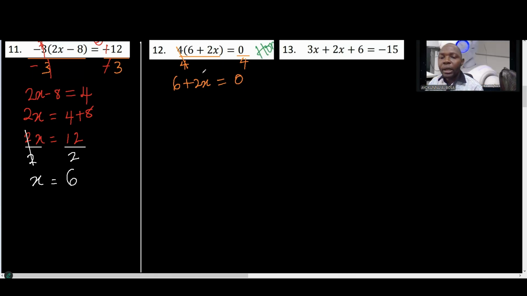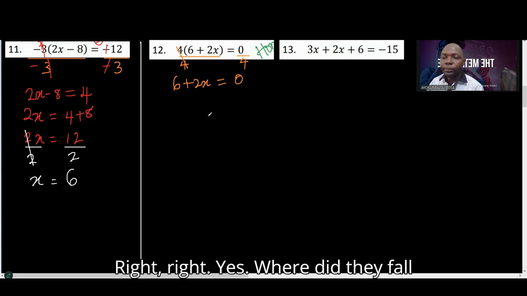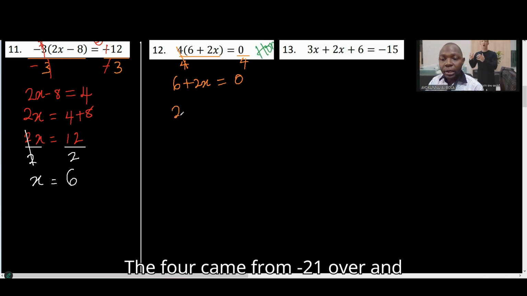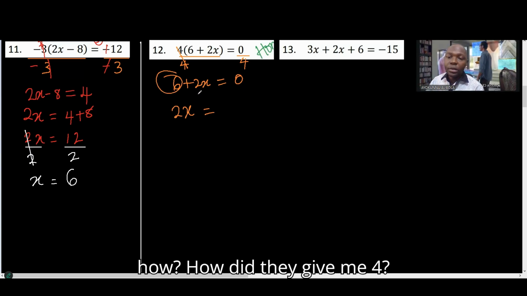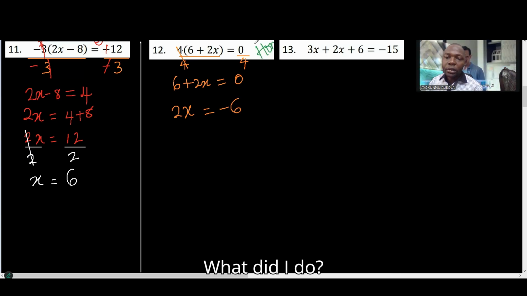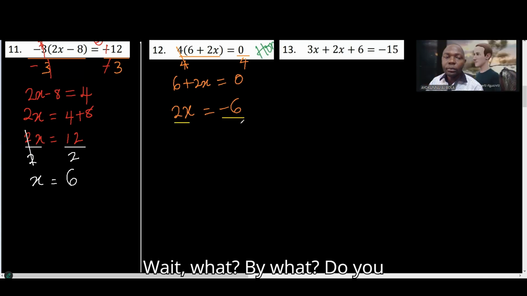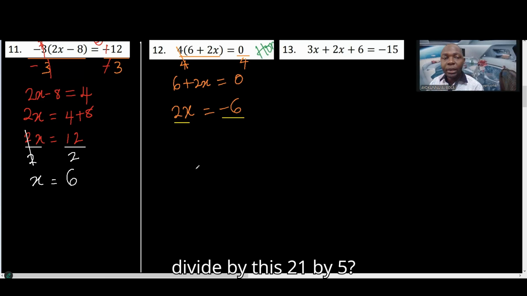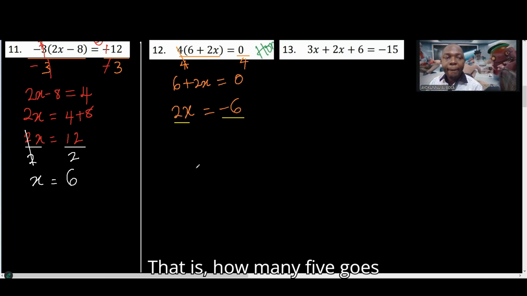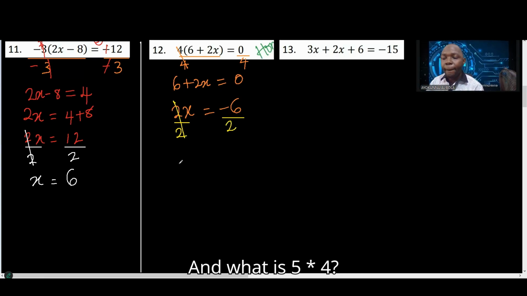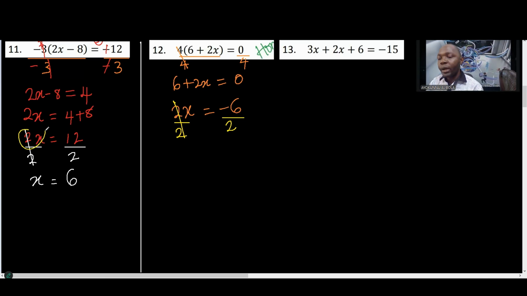Okay, now this is 2x here. This is 6. It's 2x I'm looking for, so it's better that it remains on the left side of the equation sign. Then the 6 is going to go out, become negative 6. Then you can divide both sides by what? Divide both sides by what? 2x? No, ordinary 2. Is that clear? Yes. When I had 2x, I divided by what?